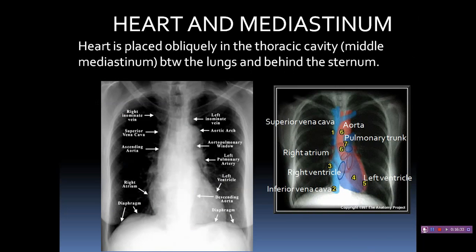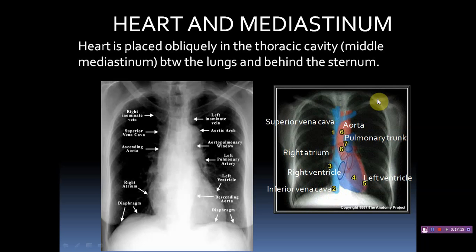In the same way, heart and mediastinum, how can you identify them in the image? You can see there are 2 different images kept here. In the left image, the blue areas represent the venous system, and the red represents the arterial system. This is the superior vena cava, which drains blood from the neck and cerebrum. The inferior vena cava, number 2, drains the impure blood from the lower area.